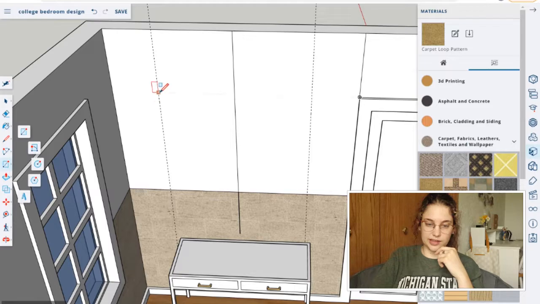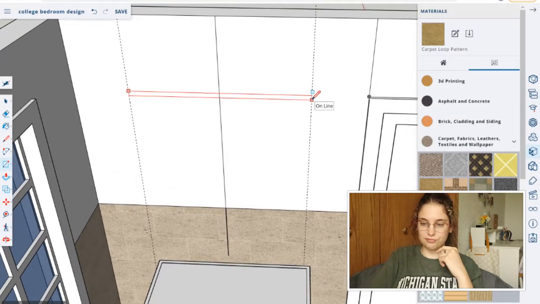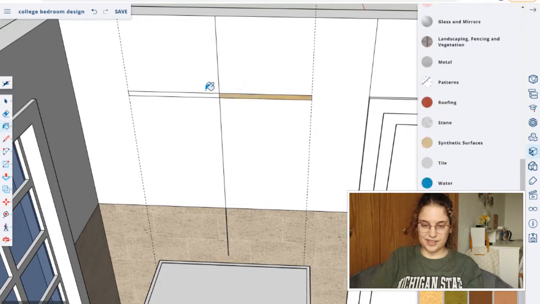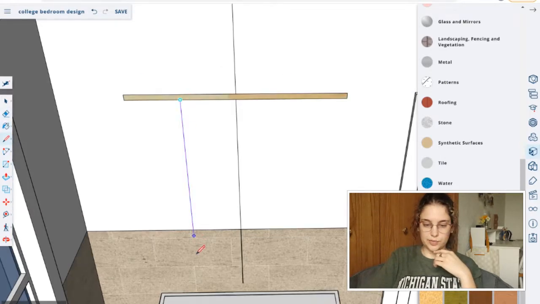We'll find out once I actually move in. But for now I'll just put a little rectangle and we'll color it, and we'll just use this to color it right now. It's not an exact science. And then we're gonna find the midpoint and make our little strings, and I'm just going to make a bunch of them